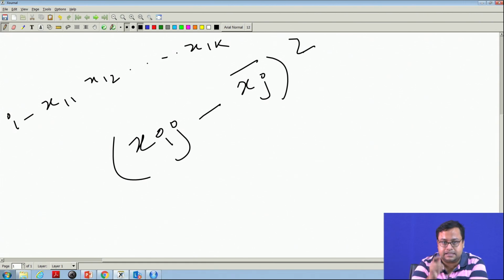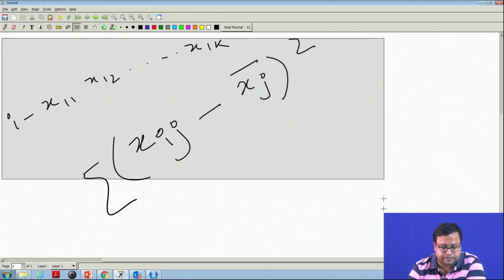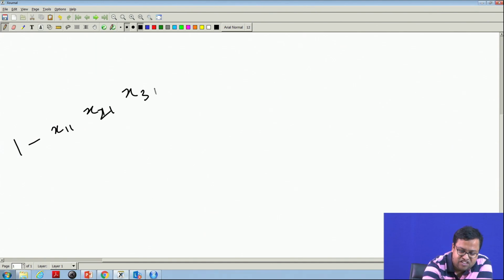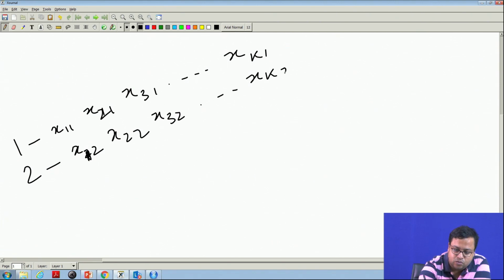that is what? That is the distance of the ith person from the mean, and then sum that up. So, what will I do? Once more, carefully see what I am writing. Let us say there is a first person whose observations are x11, x21, x31, xk1. The second person, which is x12, x22, x32, xk2.